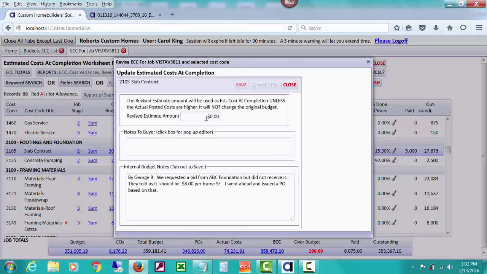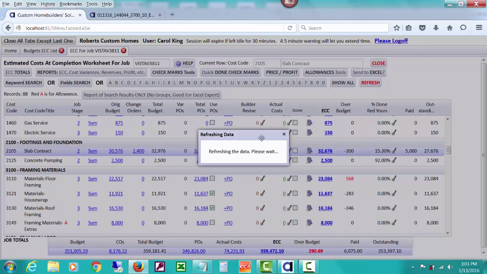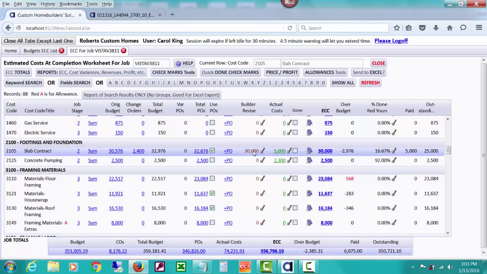So the builder just knows that, can immediately type in a revision and some notes, if they like. These are some other notes I'm going to talk about in a minute, and cause everything to get overridden by the fact that you're saying it's going to be 30,000,